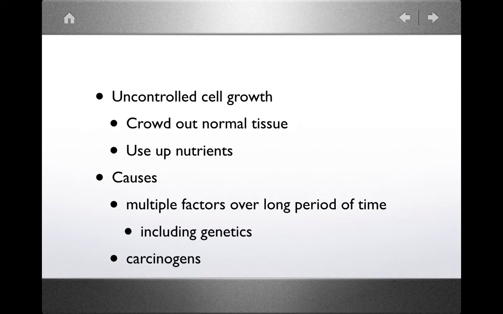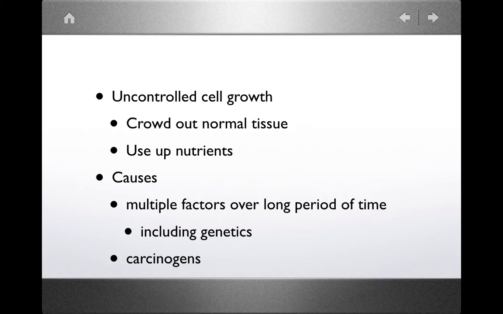Because if we don't control this well, we can end up with uncontrolled cell growth. And uncontrolled cell growth is what we call cancers. Cancers crowd out normal tissues. There's no extra space in your heart, your brain, your liver, your kidneys for even small amounts of extra tissues that aren't doing what they're supposed to do. The structure of your heart, your brain, your kidneys, your liver are all very important, and if you put other stuff in there, it messes up that structure.